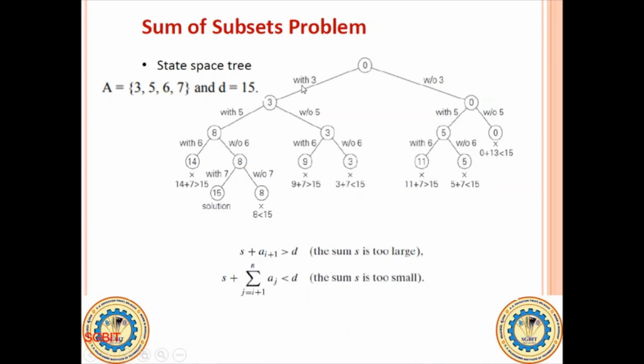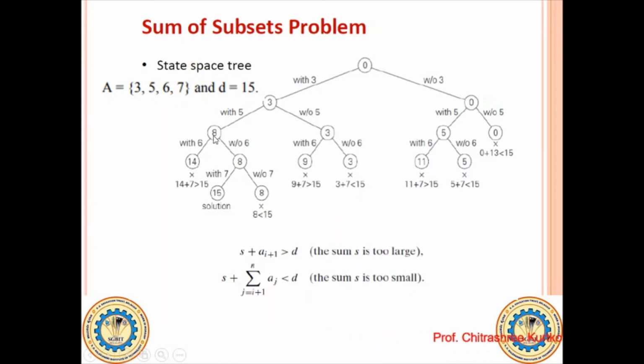So we have written here 3. What will be the sum? 0 plus 3, it will be 3. So we have taken it as a node here. The initial sum was 0. Next we have considered the first element, that is 3, so the sum becomes 3. Now we have to make the choice whether the next element is to be included or not. Let us check first by including the second element. What is that second element? It is 5. 3 plus 5, how much is it?